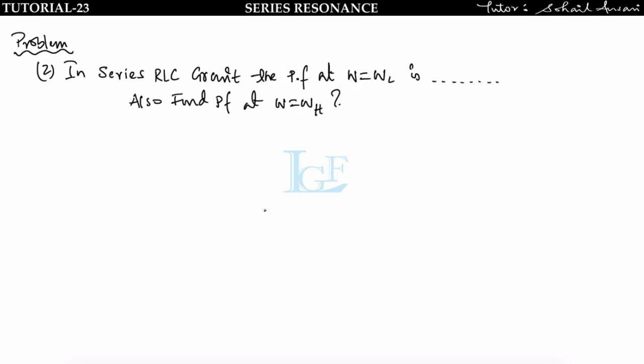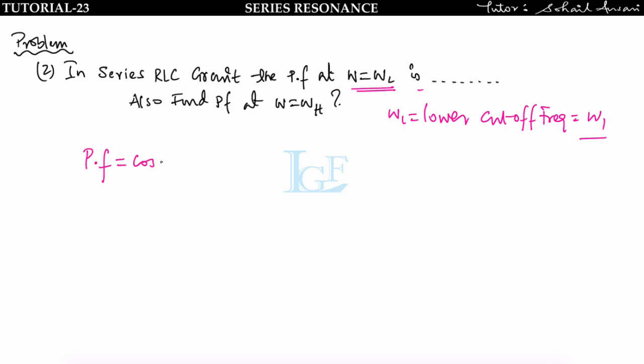In a series RLC circuit, the power factor at omega equal to omega L is? We have to find the power factor at omega equal to omega L, that is the lower cutoff frequency. Omega L is the lower cutoff frequency which we are representing here as omega 1. Okay, we have to find the power factor. Now we know that power factor is equal to cos phi, that is equal to R upon Z, and we know that at omega equal to omega L, that is omega 1, what we are getting, I is equal to